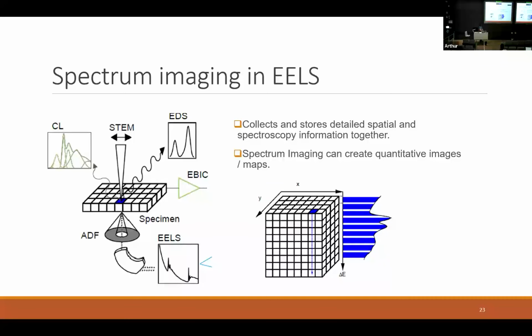And we don't just have to do that for one spectrum. As I said earlier, in STEM mode, we're able to scan. So we stop the beam, make the measurement, stop the beam, make the measurement, and we can do that for all different types of signals simultaneously. We could be collecting EDS and EELS at the same time, as well as our standard HAADF image. So we've got a very rich data set. What the data set looks like is portrayed in the cartoon on the right. You've got your 2D map, but within each of those, you've got a whole spectrum which goes along here. So it's really a 4D data set. Sorry, a 3D data set that you've got going on.